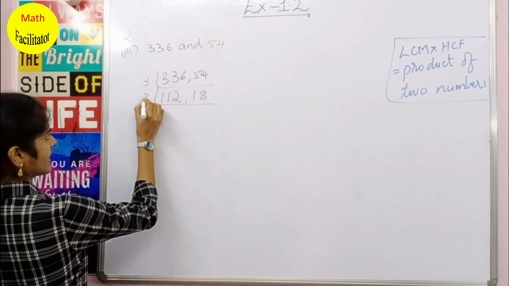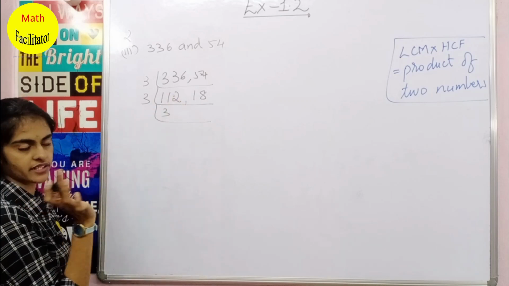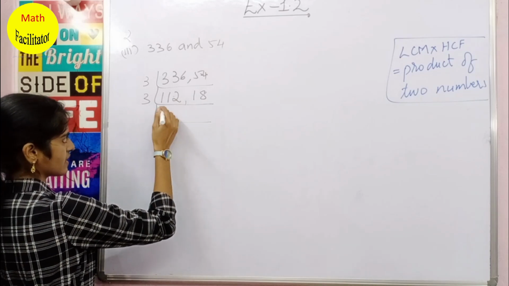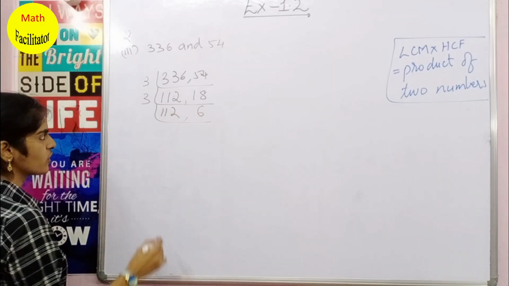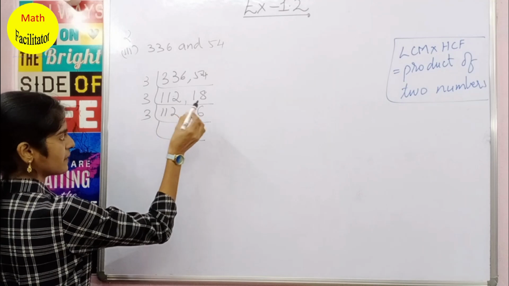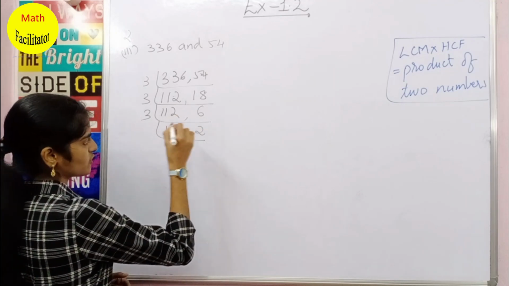Clear? Now again let me take 3 table. So 3 3s are 9, 2 is a remainder, 22 is not divisible by 3. So let us take this complete thing as it is. Okay, you have 3 6s are 18. Okay, now again 6 is also divisible by 3. Now 112 is not divisible, you are writing it down as it is. Now 3 2s are 6.